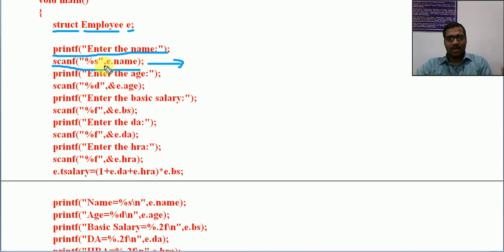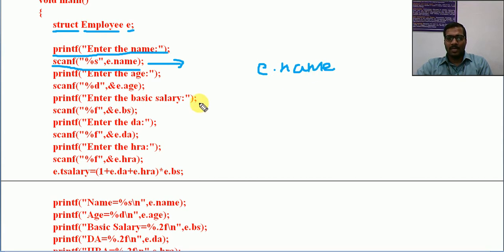Now, how to access a member? That is by using the variable name, like E dot the name of the element. If I want to access name, it is structure variable dot that member name.